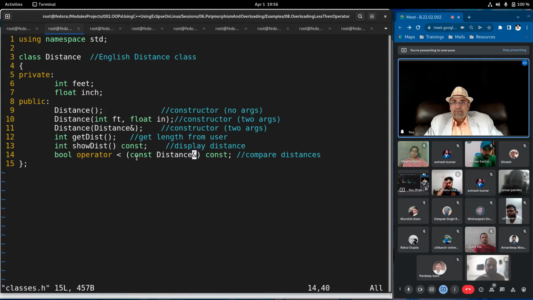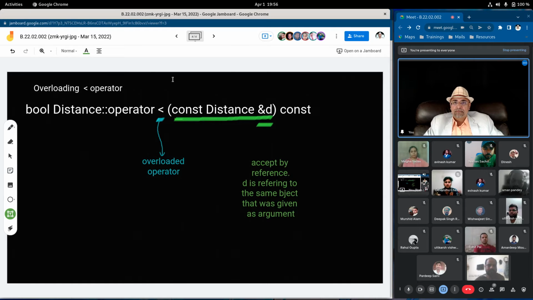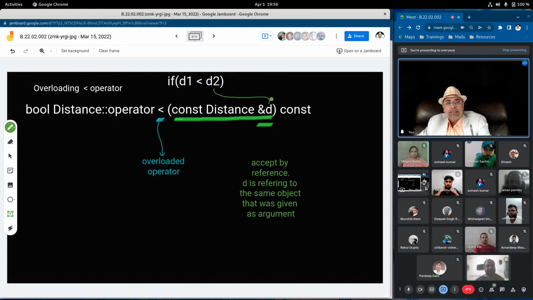We gave D2 as argument. Okay, so D2 came as argument in D. Now both D2 and D are referring to the same object, are identifiers for the same object, are aliases for each other, and D is not a pointer.